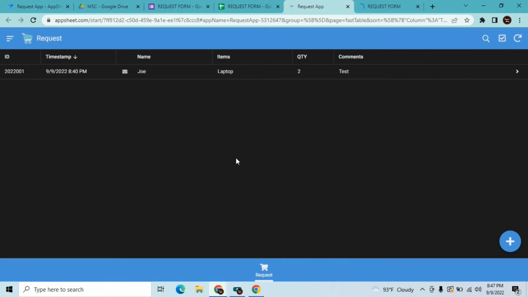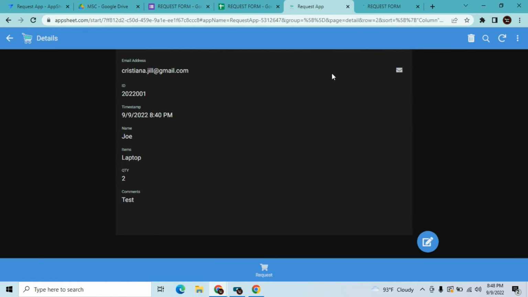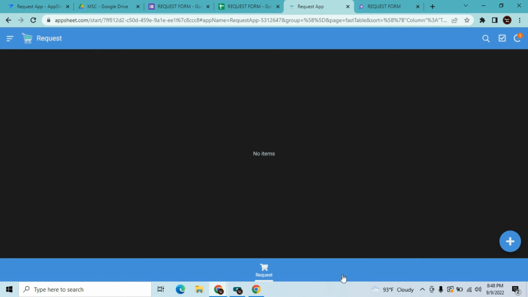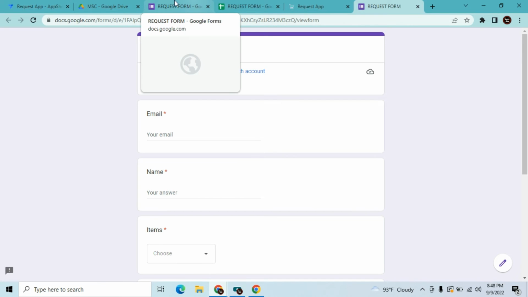My internet, I think, guys, is very slow, so apologize for that. Maybe that's the reason why it takes time to refresh. So here is our request app. So I need to delete this because we're gonna create a new start. So I also want to hide the plus button because all the data should be coming from the Google form. So to hide that, it will be easy. You can just go